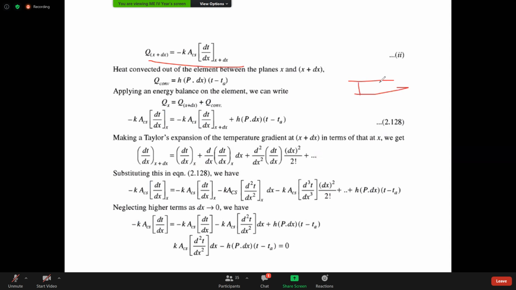So here, if I consider this element, here this is qx, and this one is qx plus dx. I already talked about this, and this one is the convection. These two are at right angles to each other. For example, if I take this as an element, here it becomes the in, and this is out, and this is also out. So that is the reason this equation is written, right? After substituting in all this and using the Taylor's expansion, the mathematical application, we'll get a simplified equation.